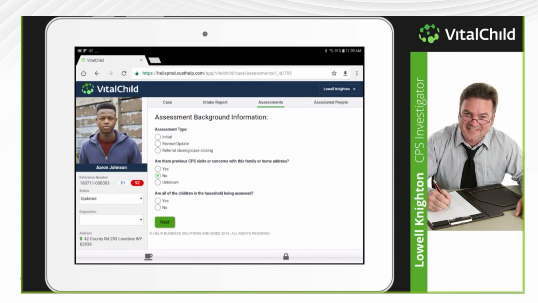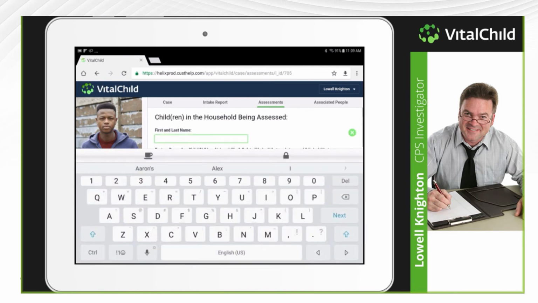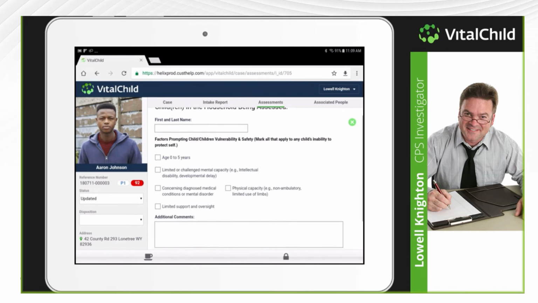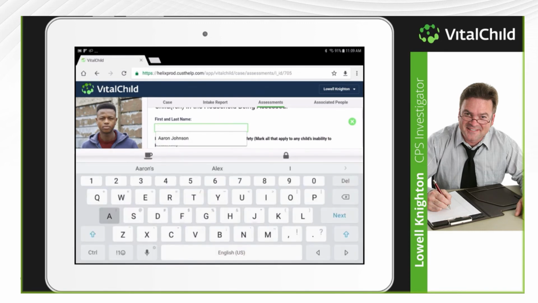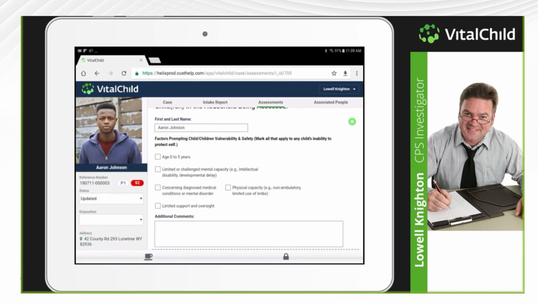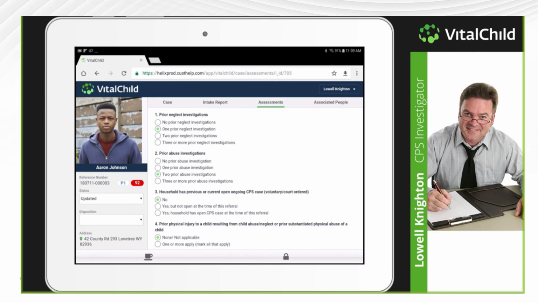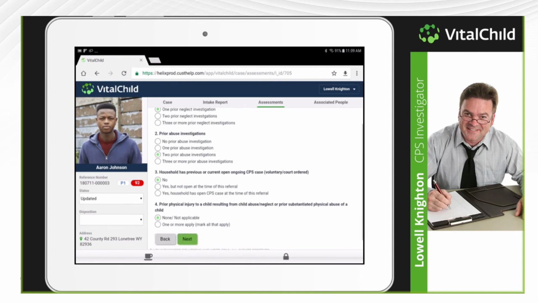And you can go through, and please note, a lot of this information, once it's been entered, will be pre-populated, so it'll save the case manager or social worker or investigator a lot of time. We're able to enter all the information we need, figure out how many kids are in there, what they're dealing with, what type of situation they're in. We can collect anything that you want. This is a pretty comprehensive form, and we built this based upon a number of different forms being used throughout the country, and adding in some more